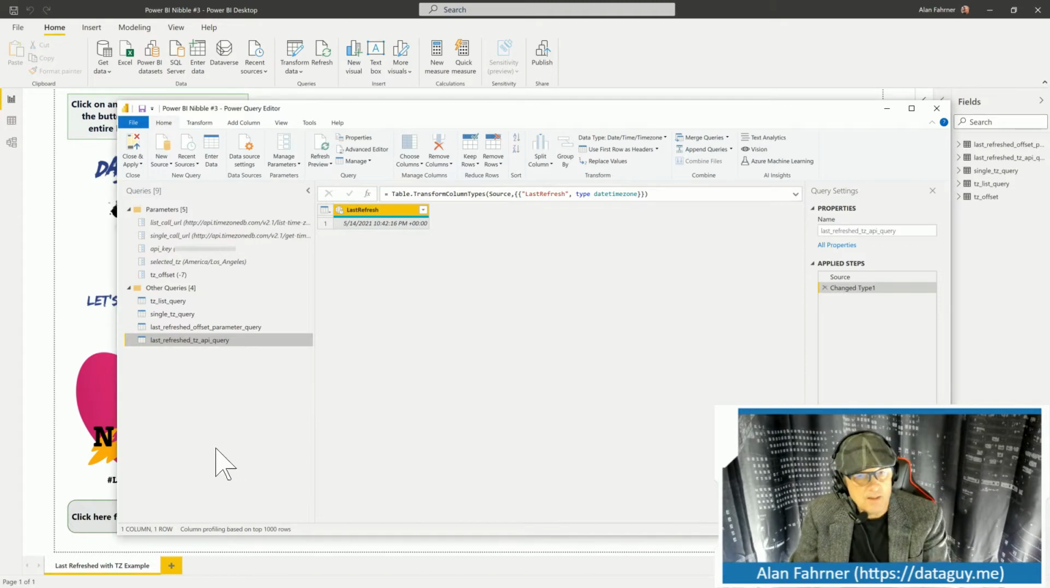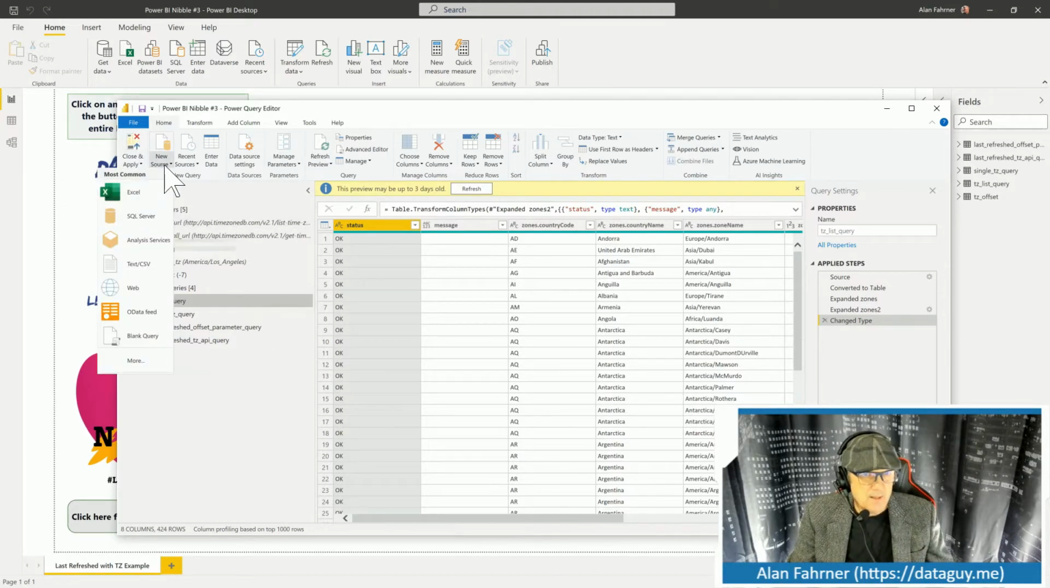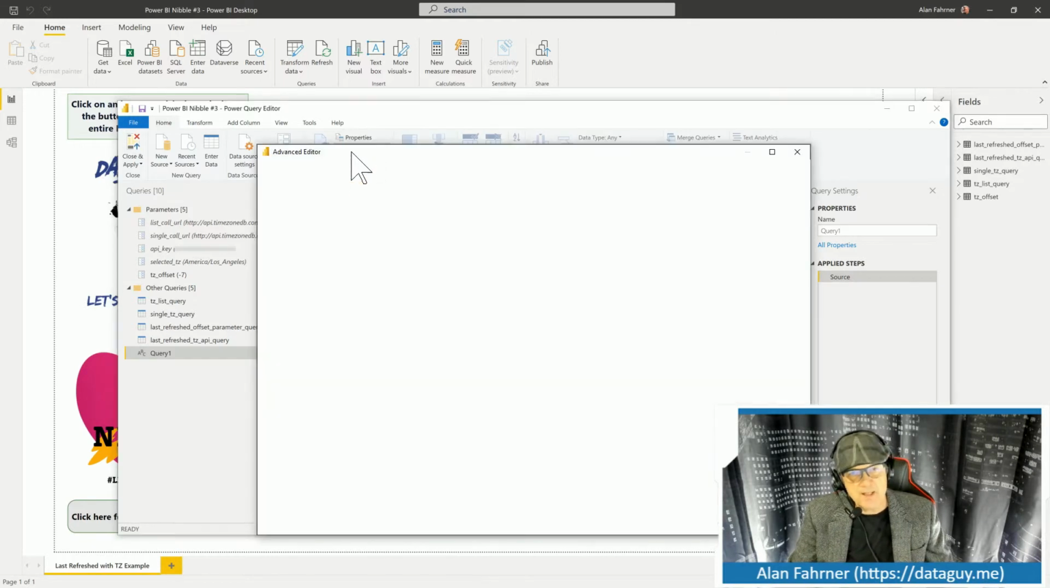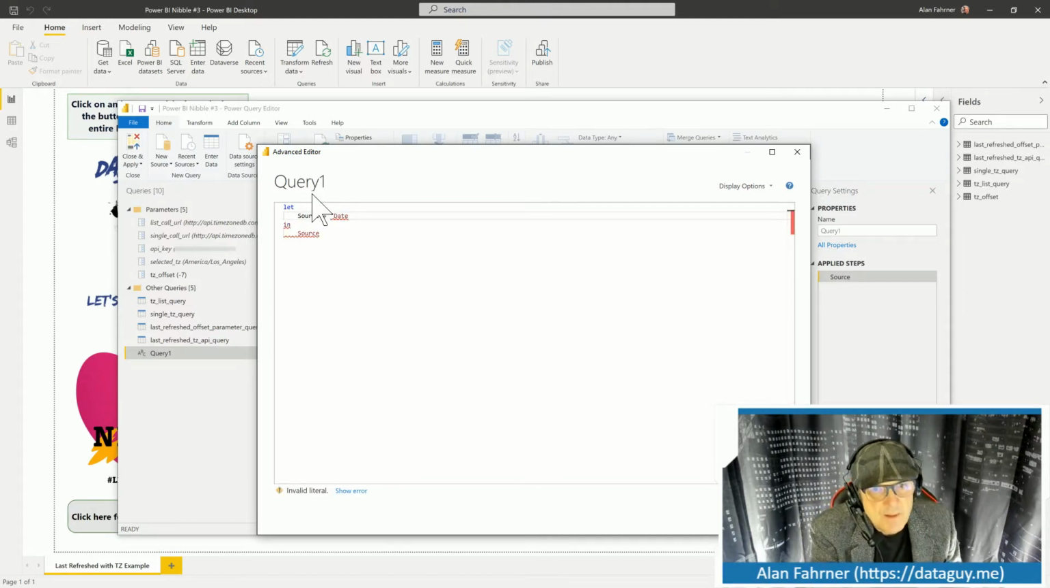Now, let's say you say, Alan, I really don't want to copy and paste. I'd like to use Power BI directly to do this. You will have to do at least one little bit of code. So you do new source, blank query, and then open it up in the advanced editor. Your source is basically going to be date, oh, don't want quotes on that, date,